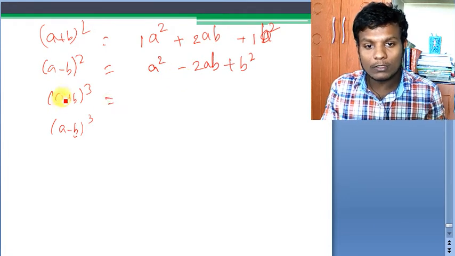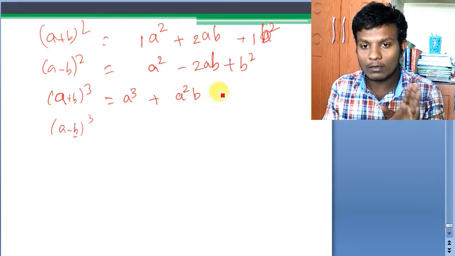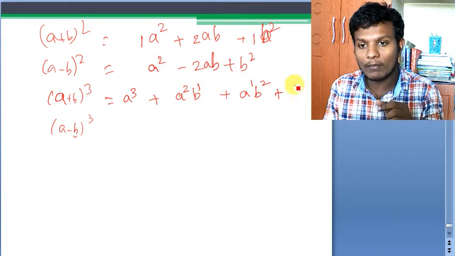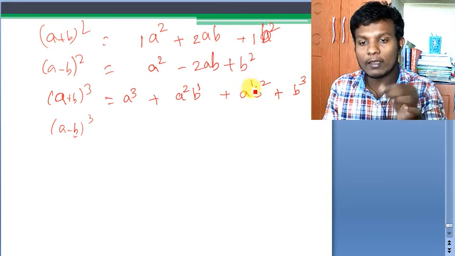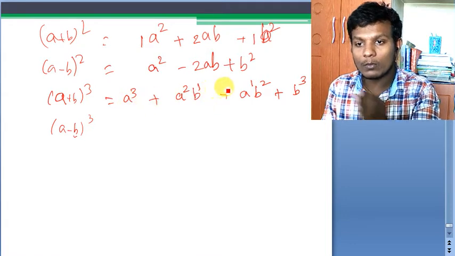Here also start with the highest power of one variable, a cube, plus a will get square, b will get 1. See, add the powers, you still get 3. Now a will get 1 and b will get square, because a will further reduce by 1 and b will gain 1. And last, a will have b cube: a will get 0, that means into 1, and b will get 3 here. These are what we call powers.